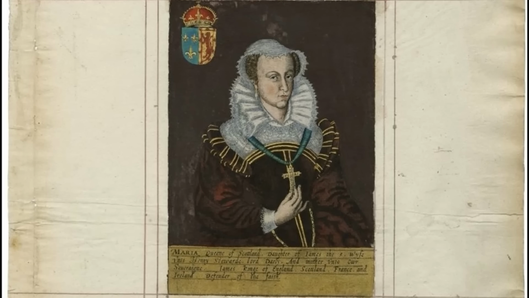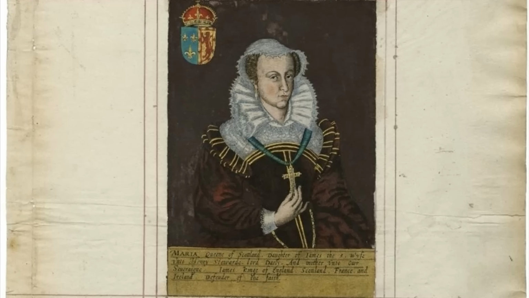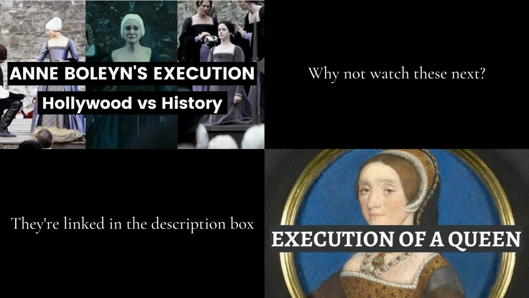Mary objected to this, citing her high birth and saying that she had read that when other noblewomen were executed, they were allowed to have their ladies with them. If you've seen my videos on the executions of Queens Anne Boleyn and Catherine Howard, you'll know that she was quite correct here, as they were allowed to have their servants with them.